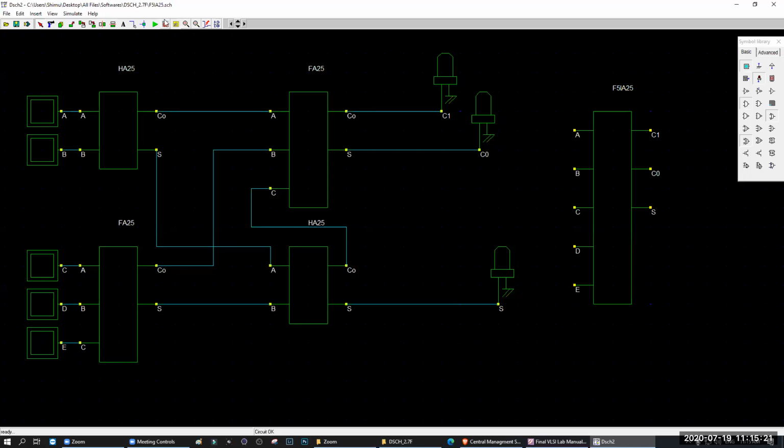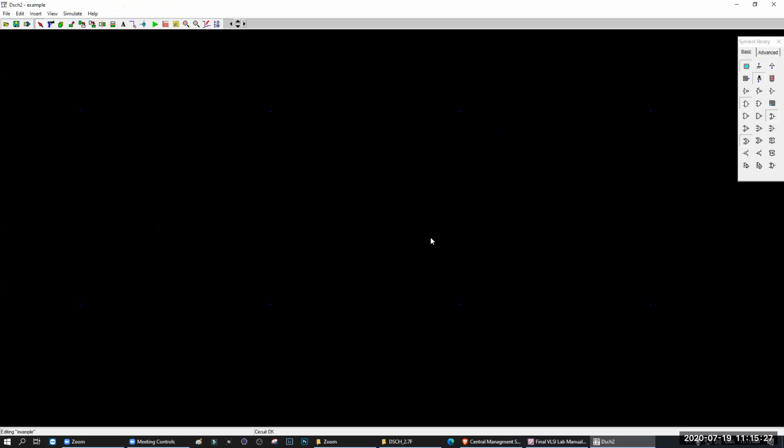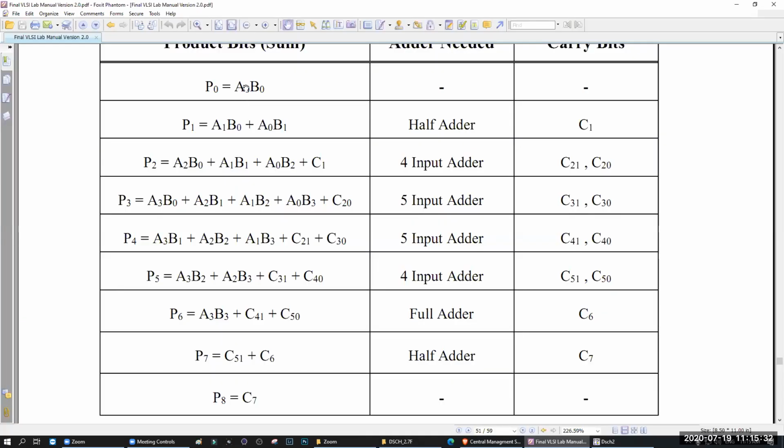I will be building the multiplier now. Okay. So what do we need? We need AND gates. 1, 2, 3, 4, 5, 6, 7, 8, 9, 10, 11, 12, 13, 14, 15, 16. We need 16 AND gates, right?